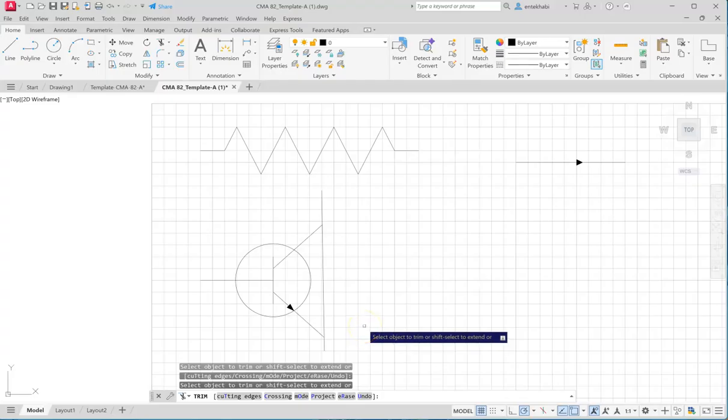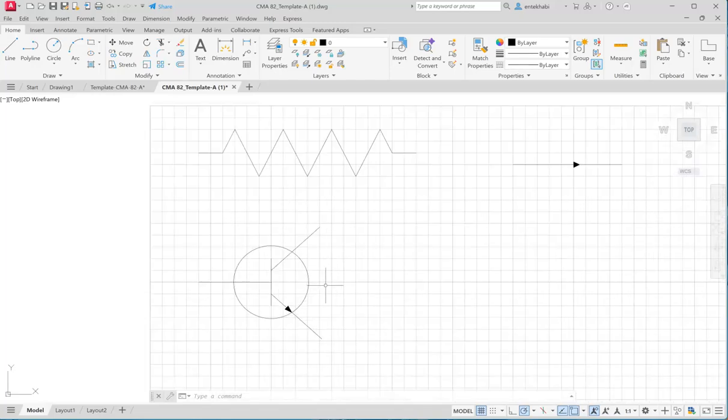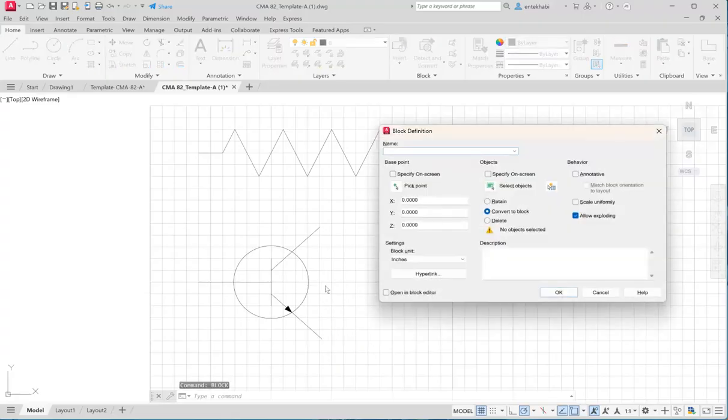Pretty much, I think that's all you need to have for the transistor. Basically done. Okay, let's make one more block. This time we're going to call this one transistor.